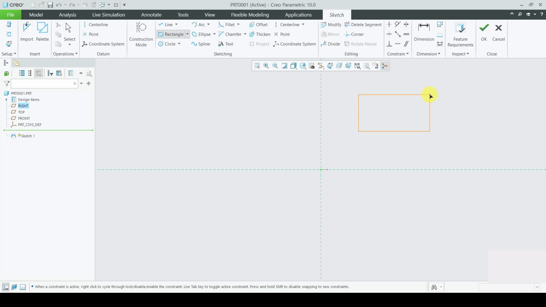Okay, so I will place it here by left clicking in this region. Okay, you can see here that you have a rectangle, and if we click on the items one by one, this mouse shaped icon,